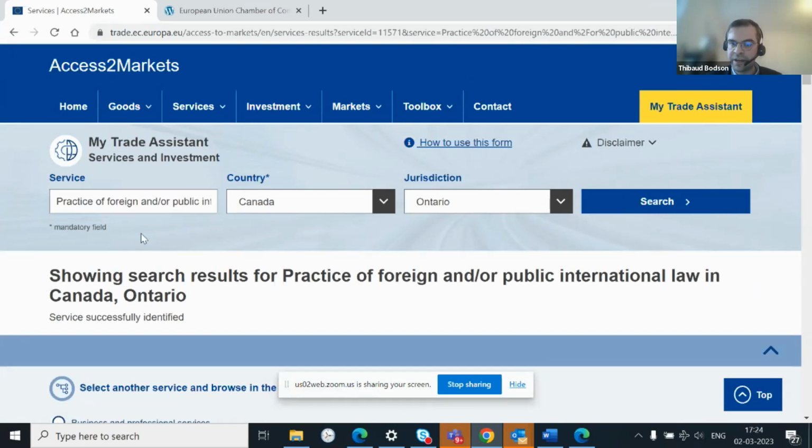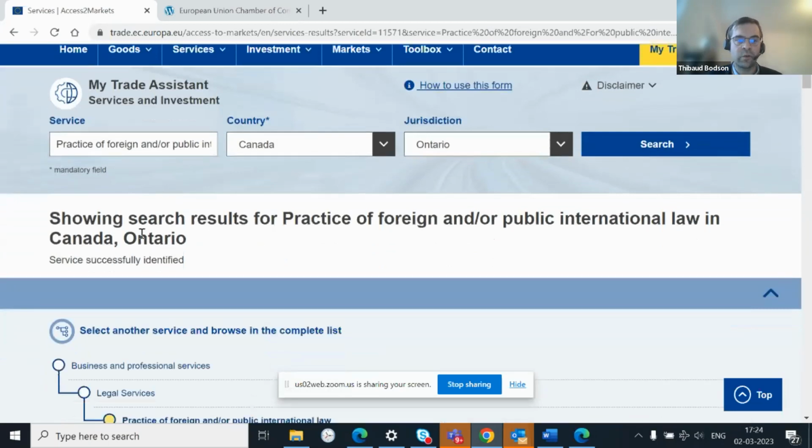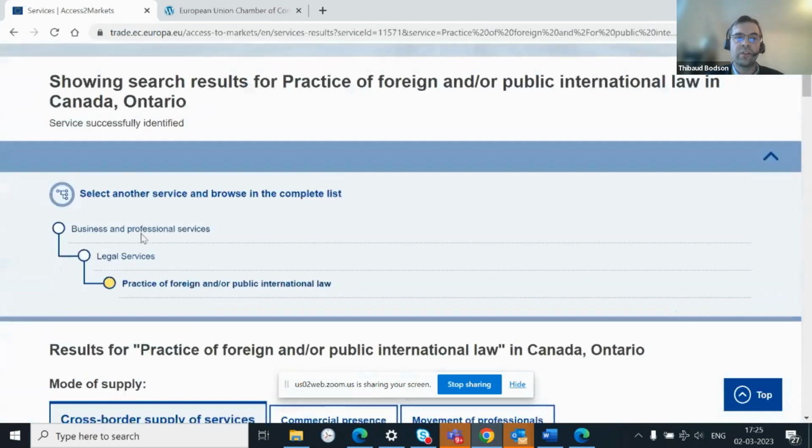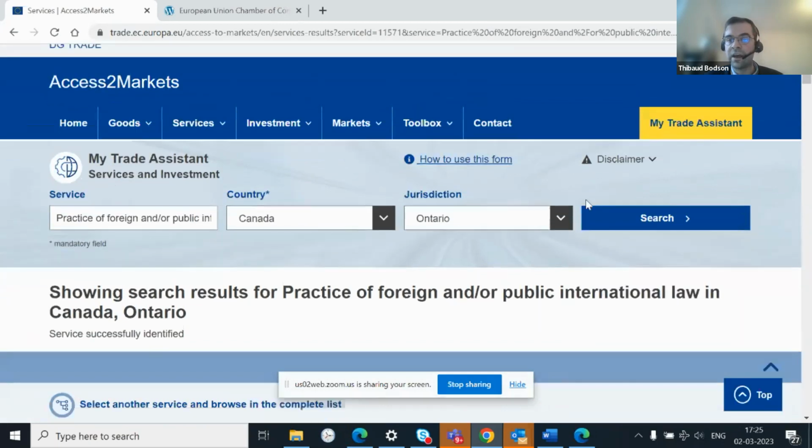So I very much invite you to consult this tool several times over the year to see whether the services which your company might be supplying are already included or not on the tool. That's the first takeaway. And the second one is that the search for information is relatively straightforward, user-friendly. You have to include service, country, and jurisdiction, and then navigate on this basis.